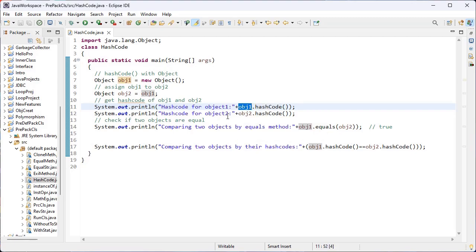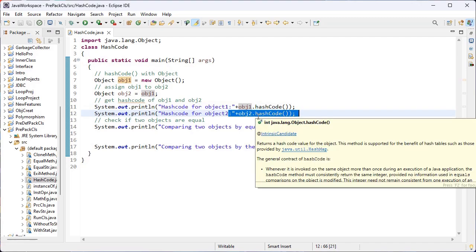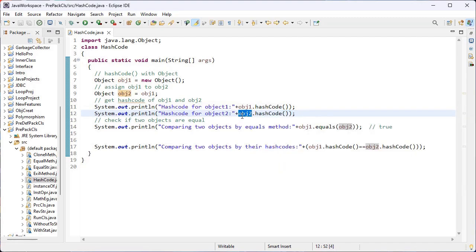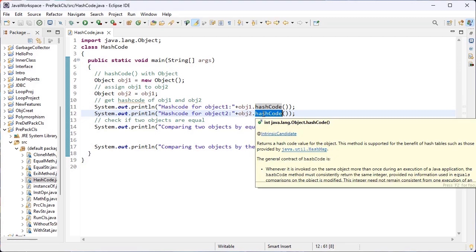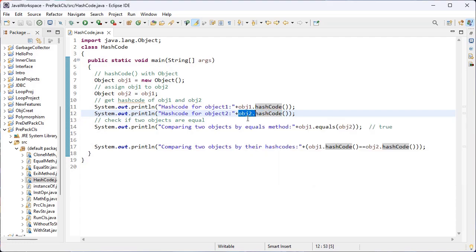Am I correct? So it returns the hash value for obj1. Likewise the same for obj2. So this hashCode method returns the hash code value, that is the integer value, the unique value of this object